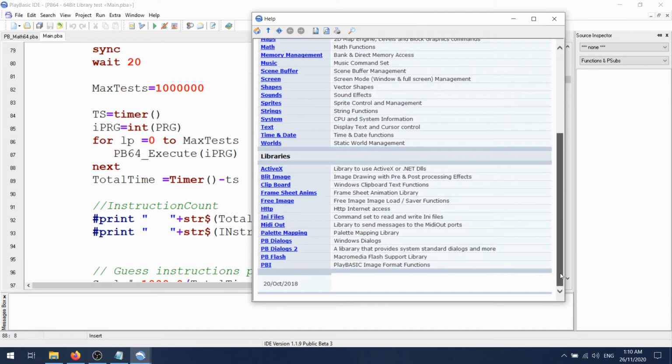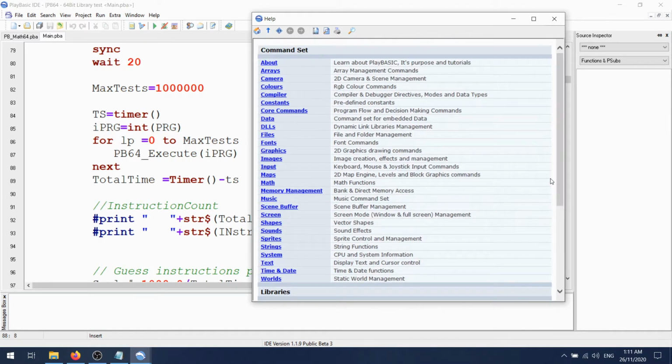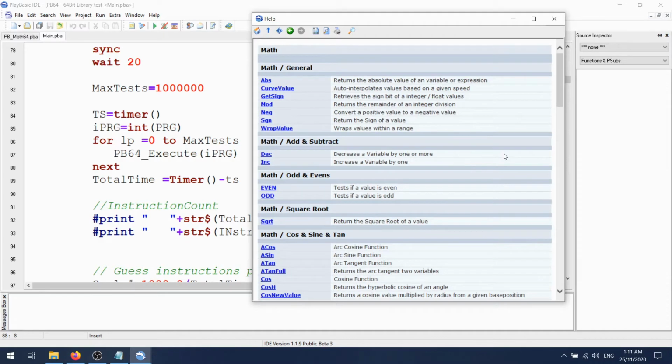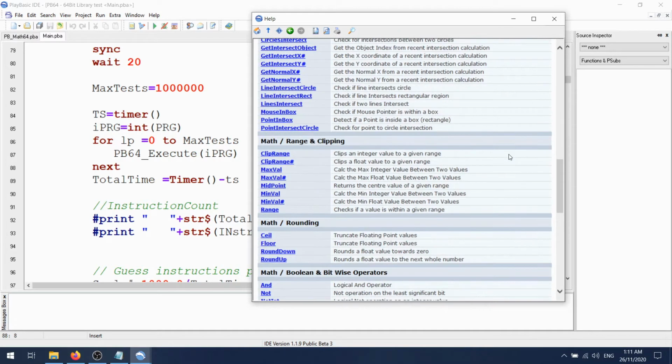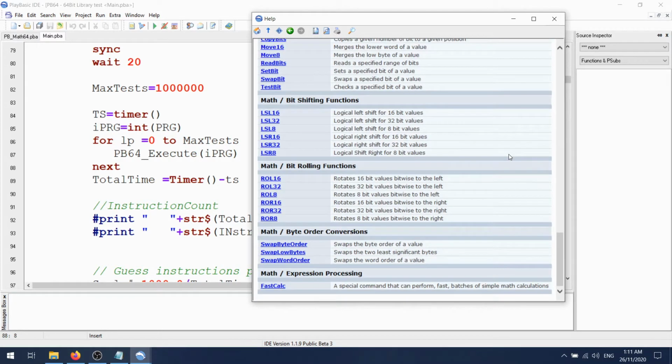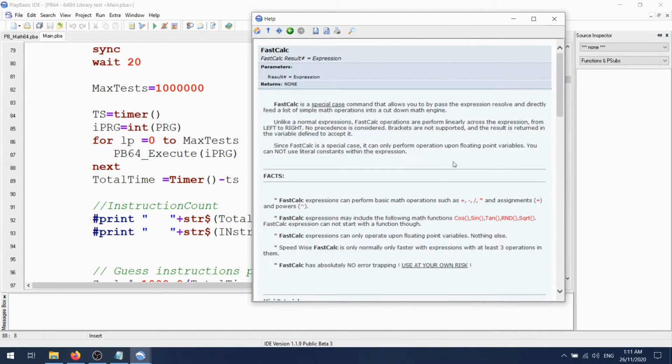Just trying to think what it was called. There's a built-in way of solving floating point expressions that has the same concept actually, where we have, I think it's under math. It's called FastCalc anyway. It's pretty well unknown. There we go, math expression processing, FastCalc.